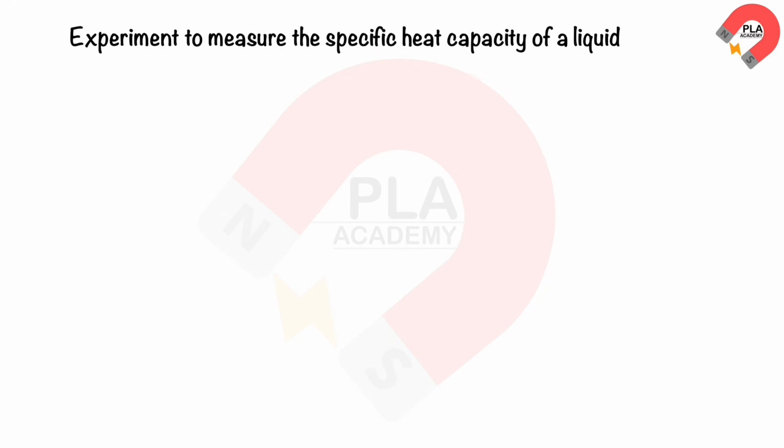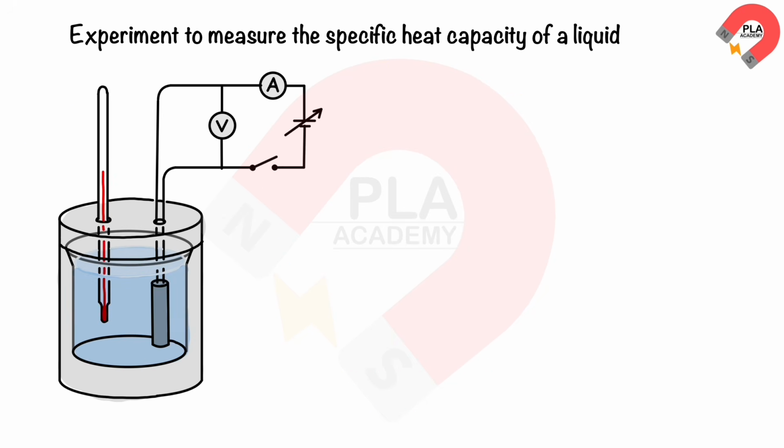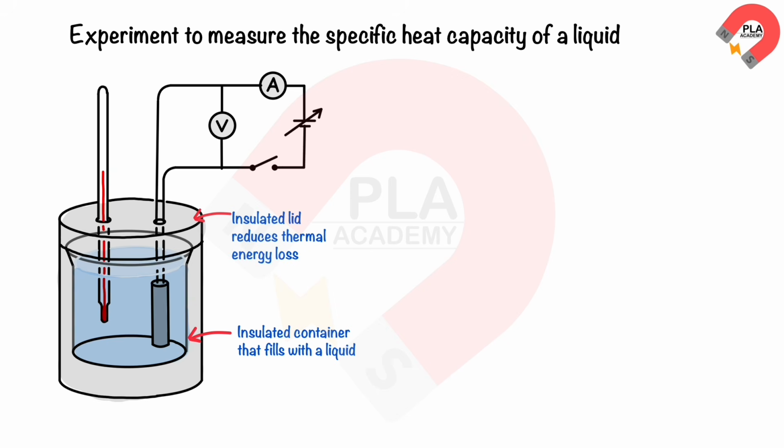The experiment to measure the specific heat capacity of a liquid. We set up the apparatus, as shown in the diagram. The apparatus is changed to an insulated container filled with a liquid. There is an insulated lid to reduce thermal energy loss to the surroundings. The procedure of measuring the specific heat capacity of a liquid is the same as for a solid, with the